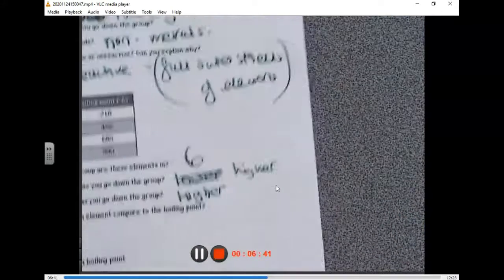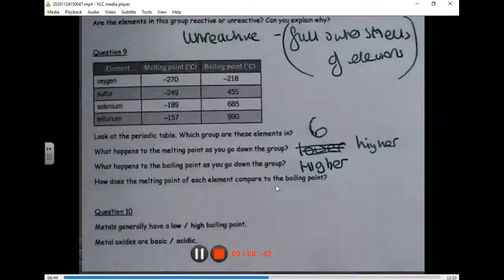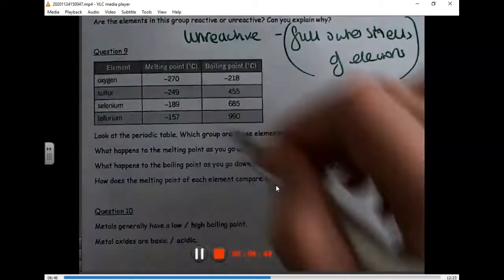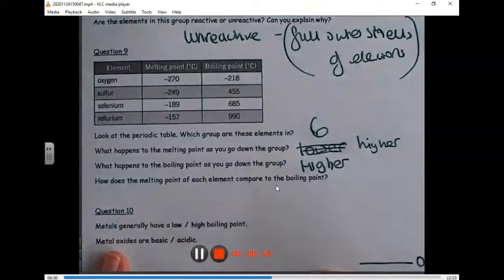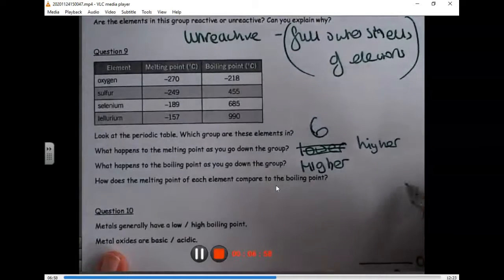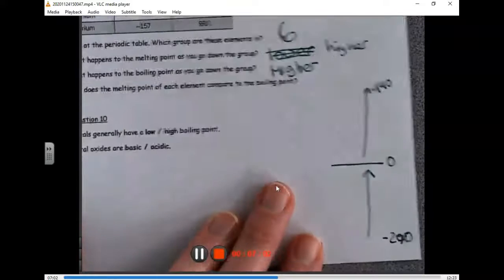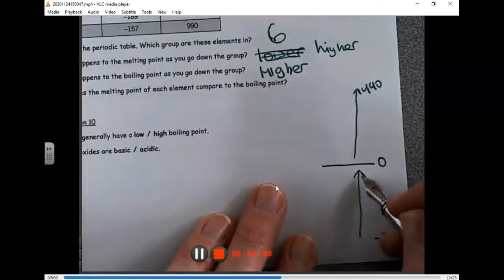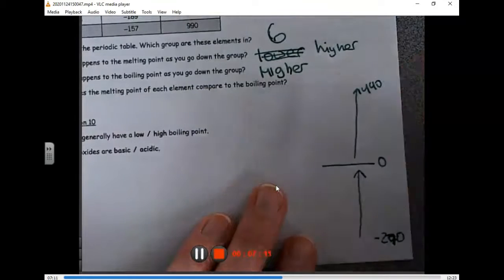So the way to remember that, it's quite confusing, is that if you had a thermometer and this is at 0, your lowest melting point is minus 270. So all the others are getting higher because they're getting closer to 0, and then your highest number is 990. So it's going up, okay? So your minus 270 is the lowest number, and then they all get higher towards 0 and then higher towards